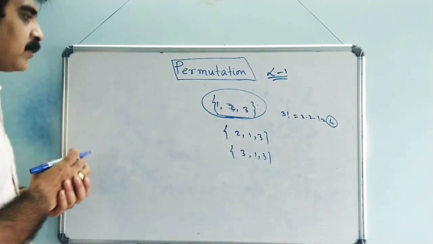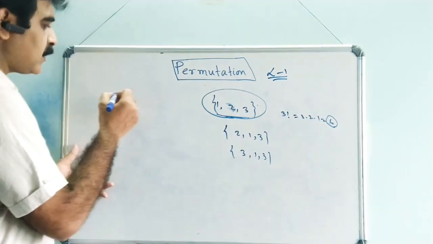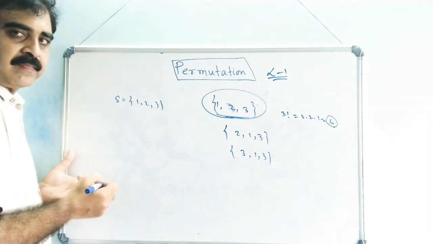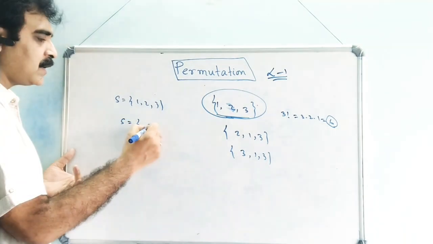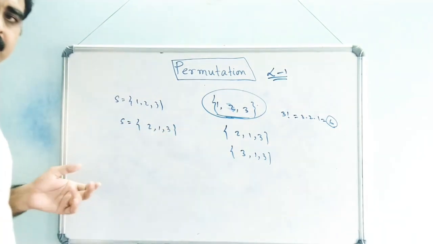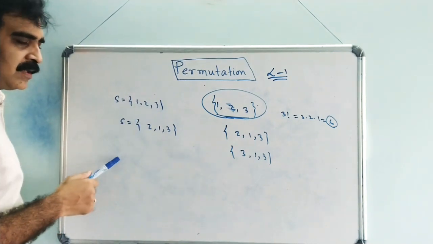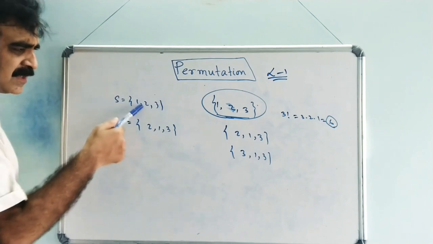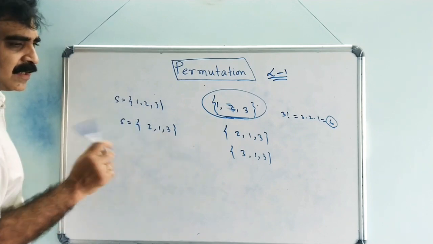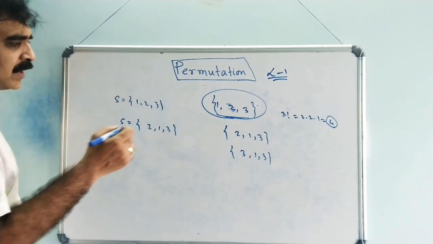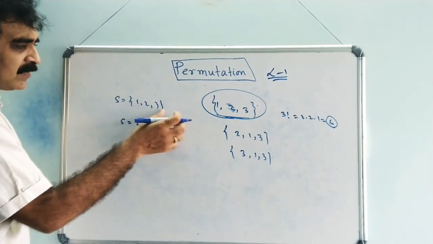Now, if we look at these permutations, first we have taken a set 1, 2, 3. Then we are permuting these elements. One such permutation is, suppose, 2, 1, 3. So we can view this new arrangement from the first arrangement. This is also an arrangement of the objects 1, 2, 3, and this is another arrangement. So you can think of relating these elements with these elements by some mapping.